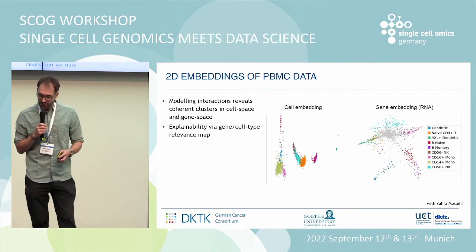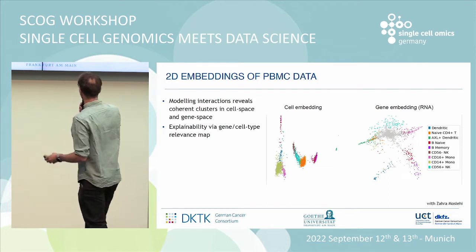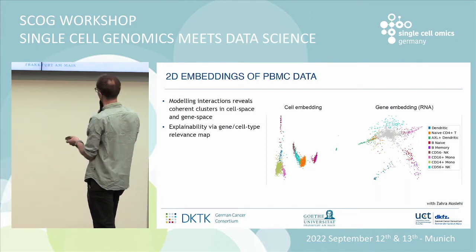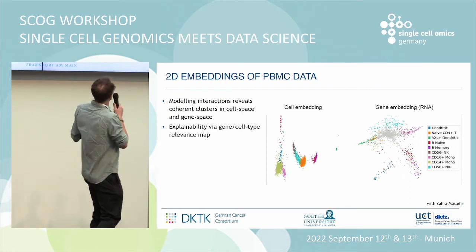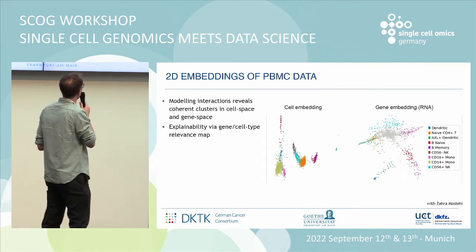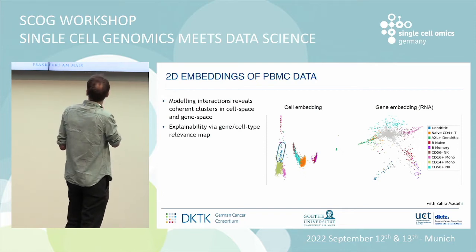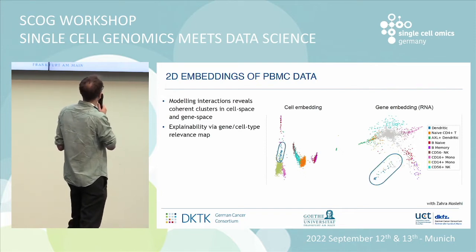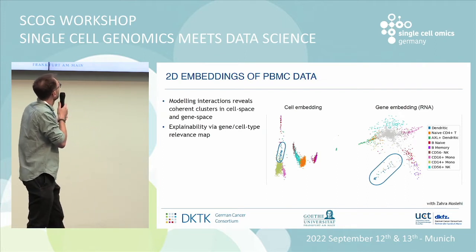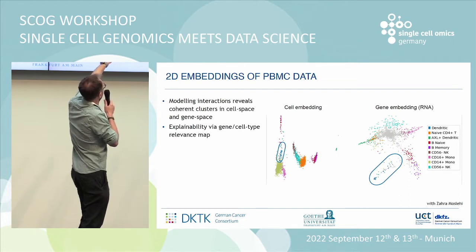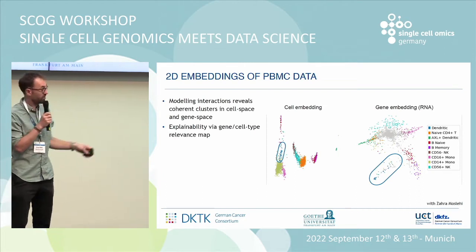But what we can also do is we have now our gene embedding, so we can link the clusters that we see in the cell embedding to the gene embedding. And what you can see on the right-hand side, again, unfortunately, there are lots of gray points that are missing, is that if I look at differentially expressed genes for the dendritic cells, they all cluster together here in the gene embedding space. But actually, there are also lots of other genes inside that circle that are unfortunately not visible,